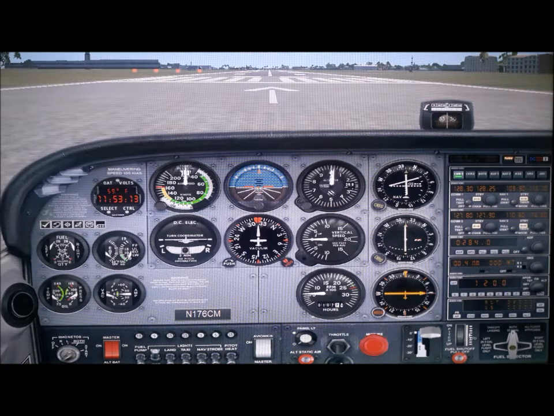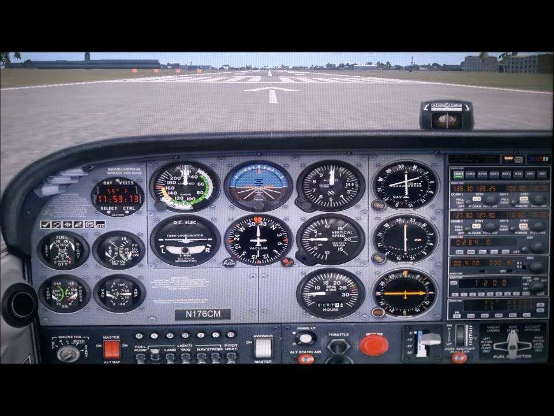And this is the throttle, the main thing, like the accelerator of the car. This is the air fuel mixture. This is the flap position. Now for takeoff, we will move the flap to first position 10. And for landing, we will move the flap all the way down. This is stabilizer trim. This is the fuel tank selector.